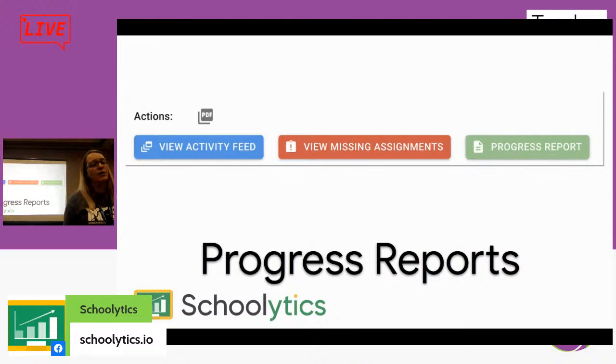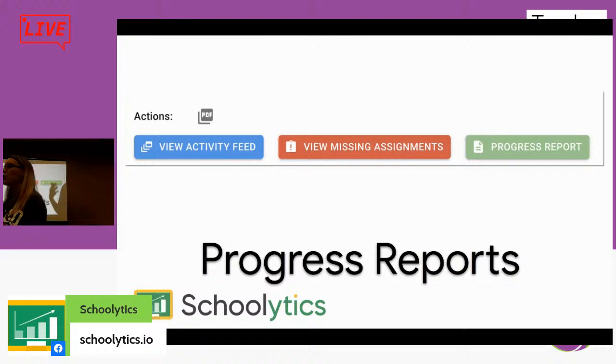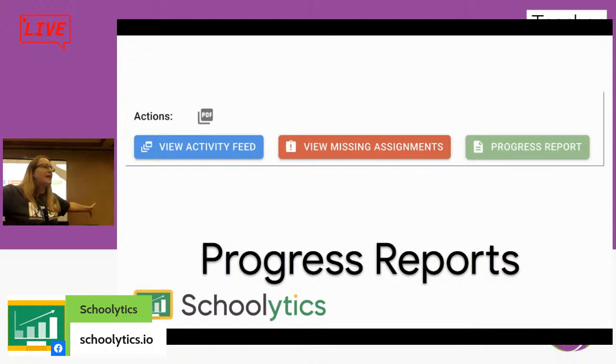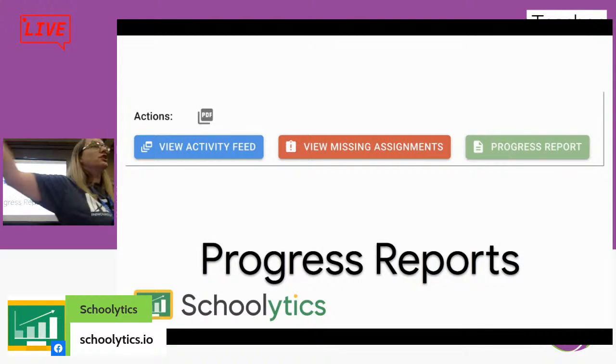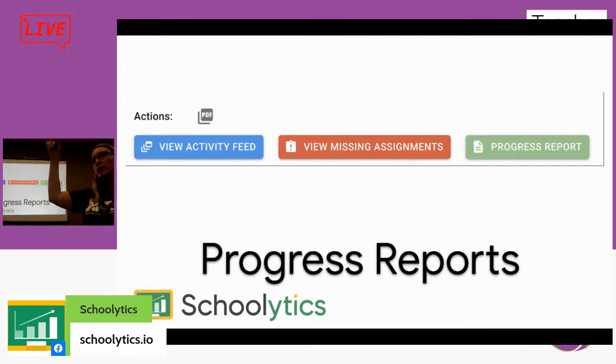And it's on the date range. So that's something that's really important to understand. When you open it up, it's not going to show from the beginning of the semester or the beginning of the school year. It's going to show it since this particular date. So make sure that you pay attention to that, so your progress report doesn't have to be 1,000,000 miles long.